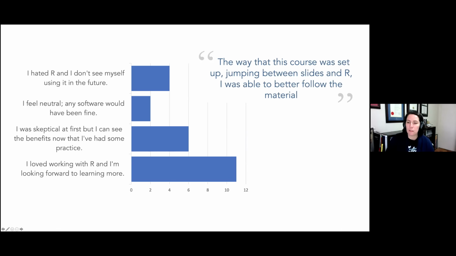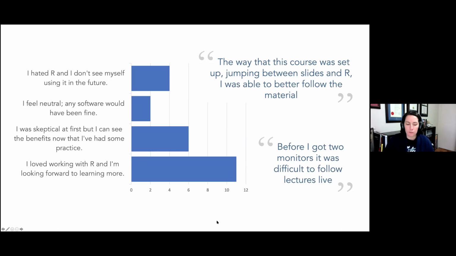But what I didn't anticipate, and that hadn't been visible to me before online teaching, was how many students might have technical difficulties because of limited resources. Not every student has good Wi-Fi. It might be really low quality. They might be doing everything on a small laptop screen, unable to type along the way they might be if they were watching an instructor at the front of the room and typing on a laptop in front of them. One student mentioned getting a second monitor to resolve that problem for themselves.